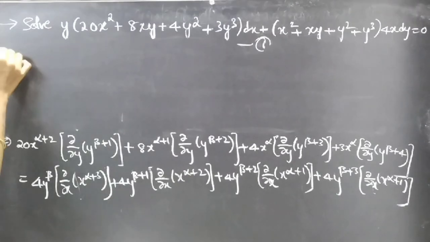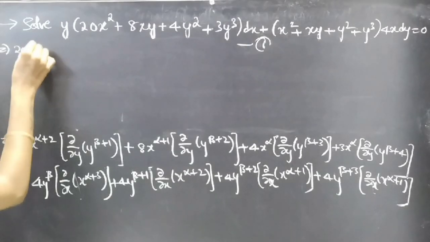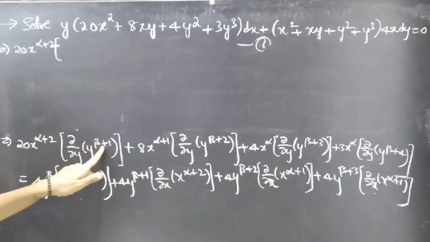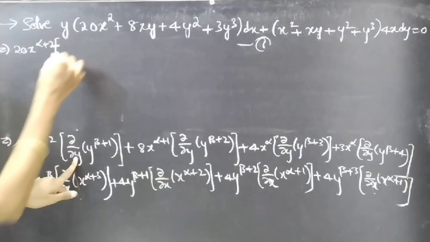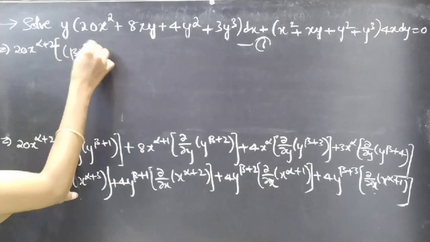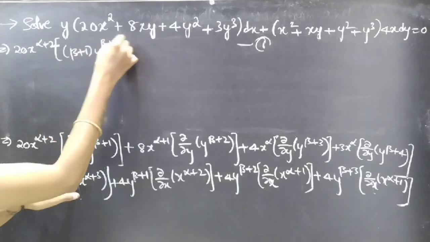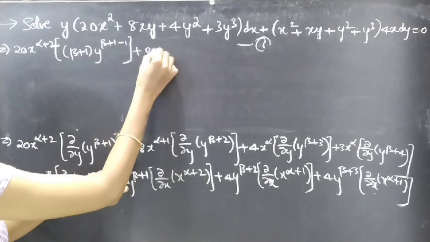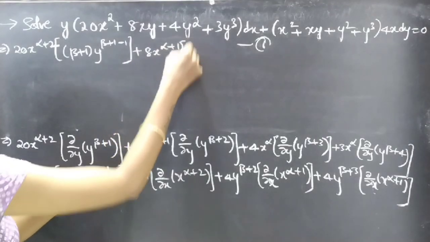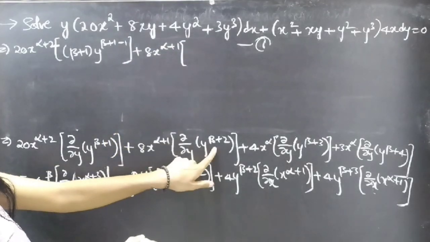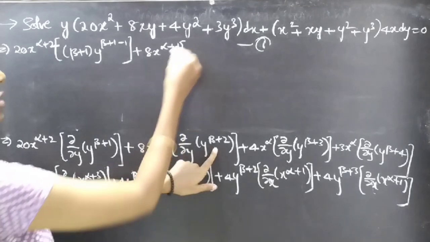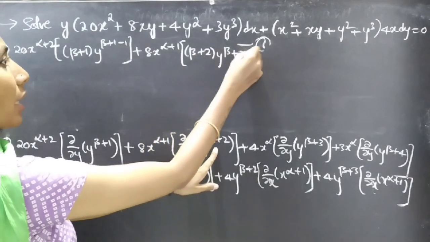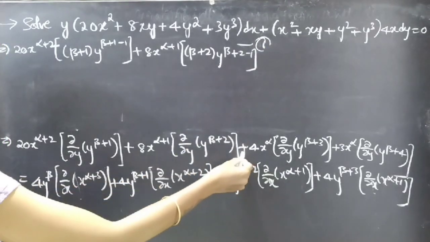This gives us 20x^(alpha+2) into the partial derivative of y^(beta+1) with respect to y, which is (beta+1) into y^(beta+1-1), plus 8x^(alpha+1) into the partial derivative of y^(beta+2) with respect to y, which is (beta+2) into y^(beta+2-1), plus